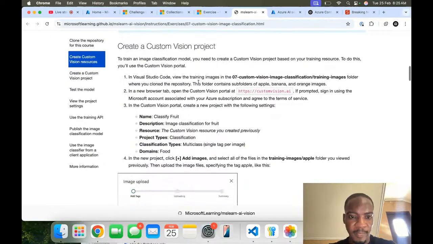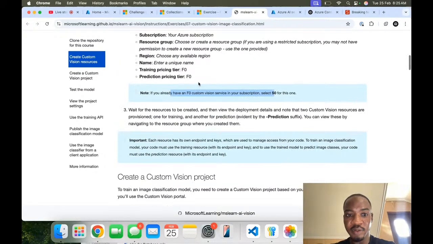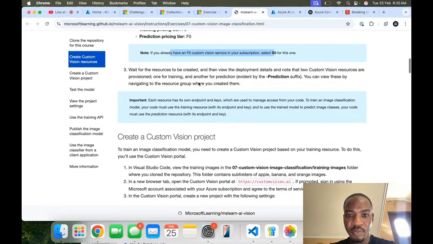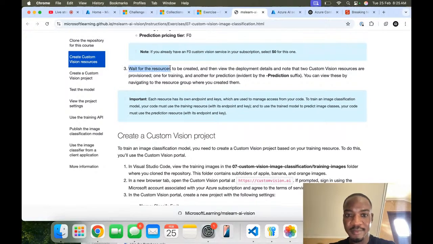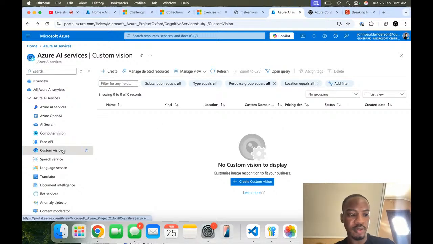So after we have done our deployment, we are going to view the details and then note that 2 are provisioned, 1 for training, 1 for prediction. So I'm going to go right over to